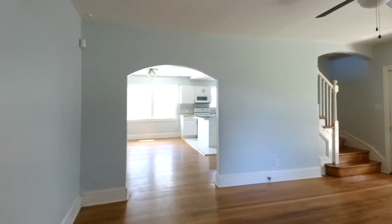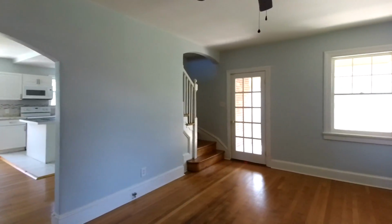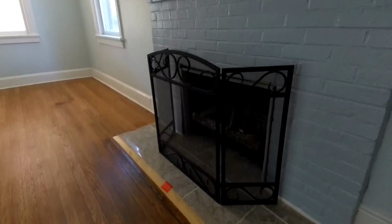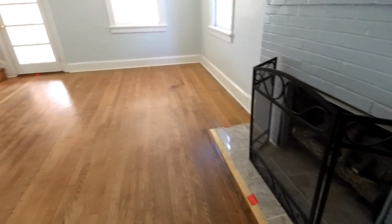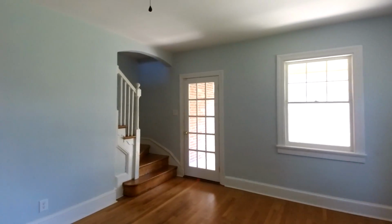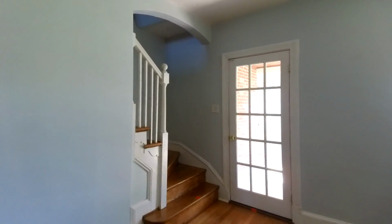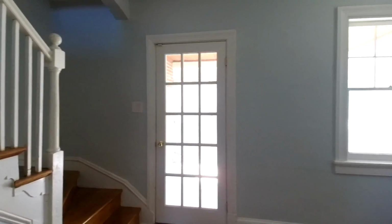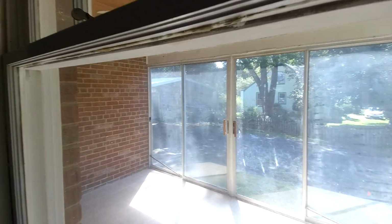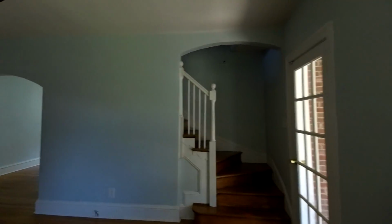All right, here to the right is going to be our family room. We do have a gas log fireplace there in place. The floors look really good in here. The paint actually looks good as well. We've got a second sunroom right there off the side, a lot of sliding doors on that sunroom. You can maybe put some wicker furniture out there. And I'm gonna take you